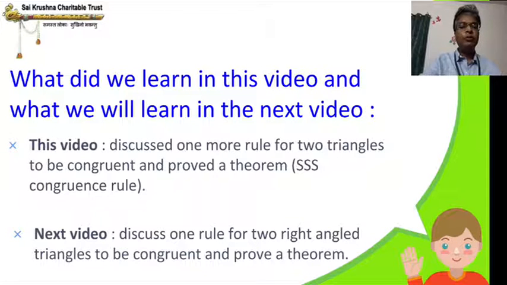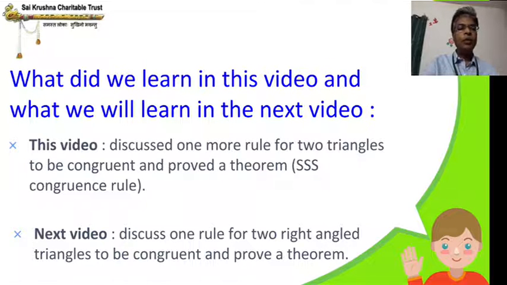So in the next video, we are going to see one rule for two right angled triangles to be congruent. All along we have seen three rules for any triangle. It can be isosceles triangle. Isosceles triangle is separate. Don't get confused with the two theorems we solved for isosceles triangles. That was only to show that equal sides and equal angles. That was not to show they are congruent. For two triangles to be congruent, you have seen two rules earlier, SAS and ASA. Now we have seen third rule, SSS. In the next part, that is next video, we are going to see only if it is a right angle triangle, what is the rule which can apply.